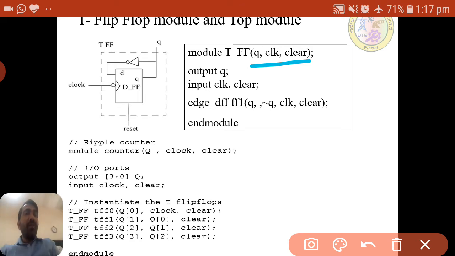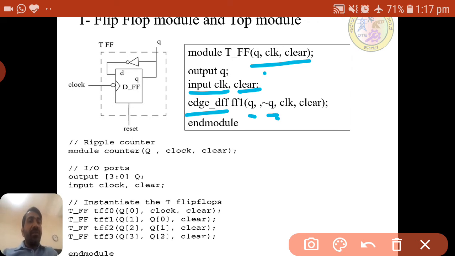In the top module it is similar to the block diagram you have seen: only 3 signals, clock, Q and clear. But for the edge flip flop we need to have the NOT of clock also, and NOT of Q, which is nothing but Q bar; Q bar is also there, which we have used here. Output is Q, input is clock and clear. So Q bar, clock and clear.